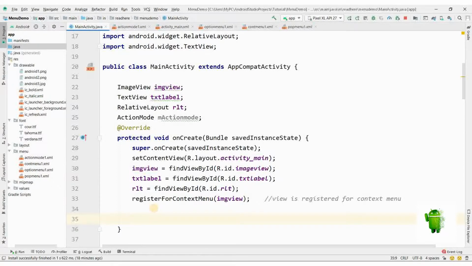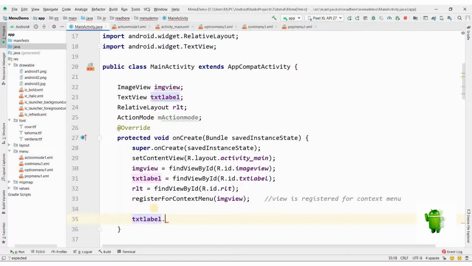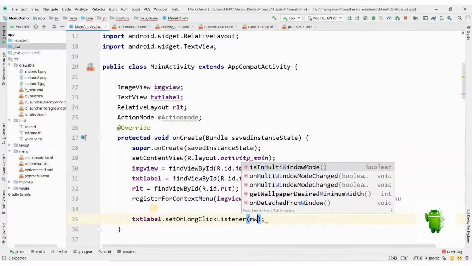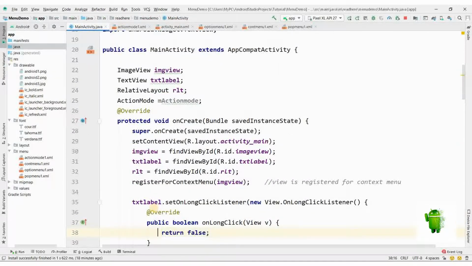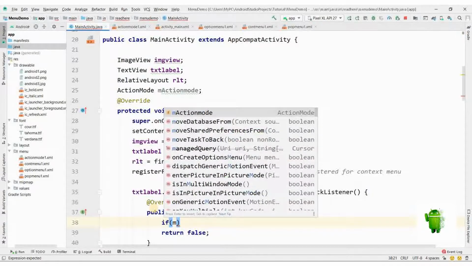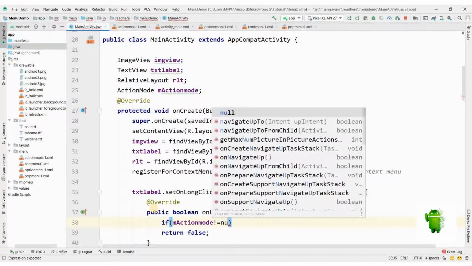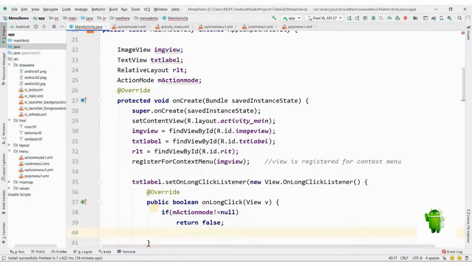Upon clicking on text view that we want to enable this, we'll say text label dot set on long click listener, new on long click listener. If this particular action mode is not equal to null, that means it is already enabled, then we'll return false. Otherwise we will call for action mode